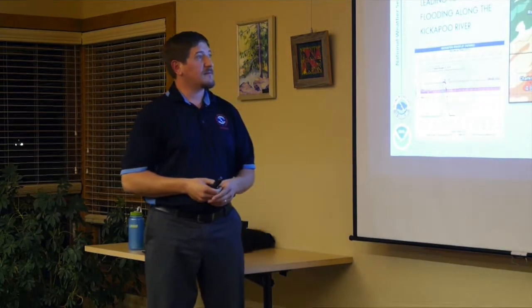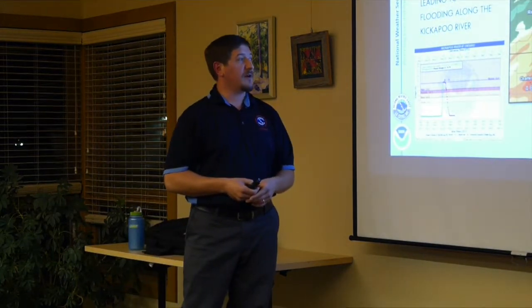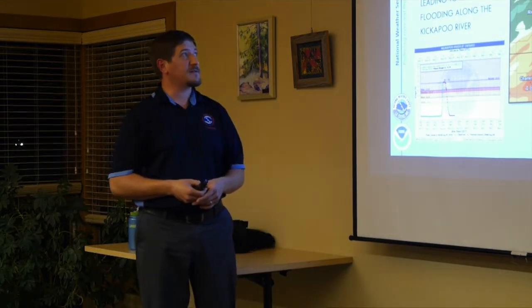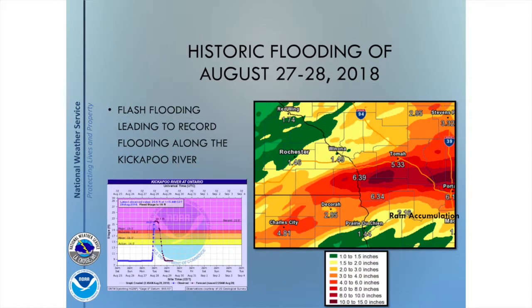So since we're kind of going down that road talking about flash flood emergencies and historic floods, I thought I'd just provide a brief summary of what we saw, the historic flooding August 27th to 28th of 2018, and how much rain fell across the area. The graphic on your right is a rainfall map. Anywhere you start seeing these reds, or even over to the maroons, there was 4 to 6 plus inches of rain in those areas. This was a 2-day total, but a good portion of that rain fell during the overnight hours.